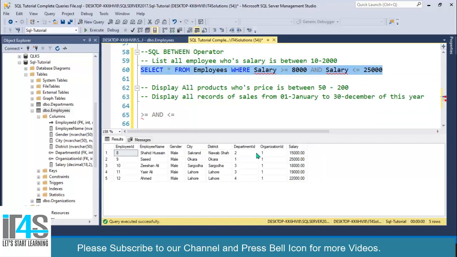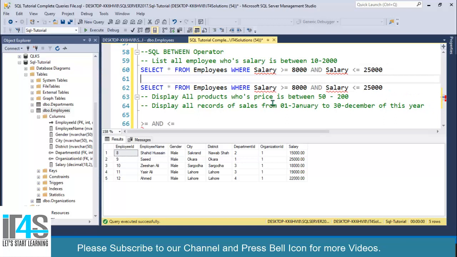Look at this, this is perfectly working. But let's copy this one over here and paste it over here and use BETWEEN. Between and write 5000 over here, and remove this salary from here.